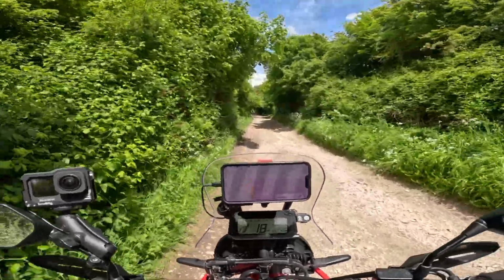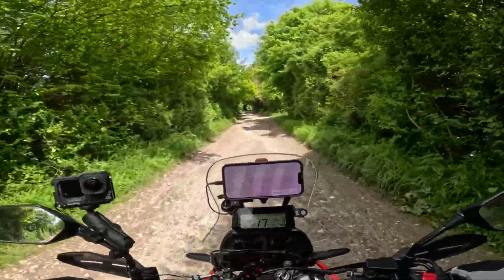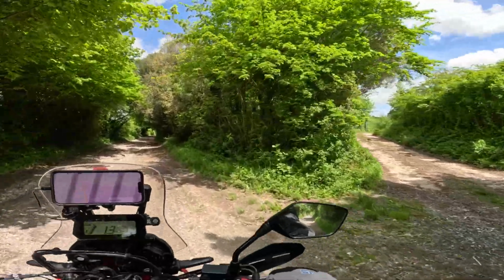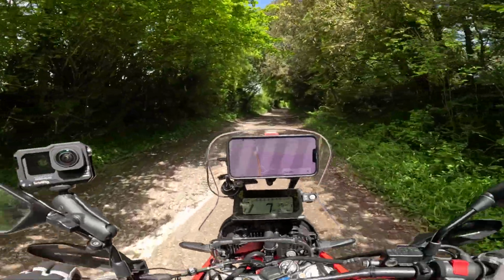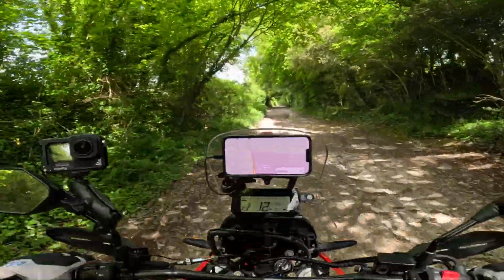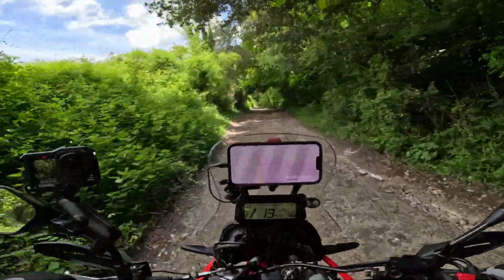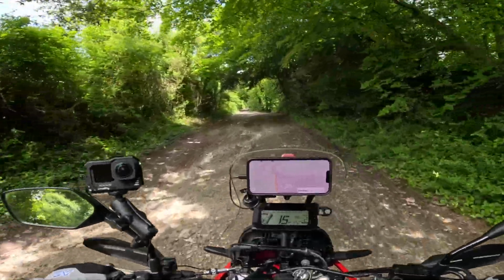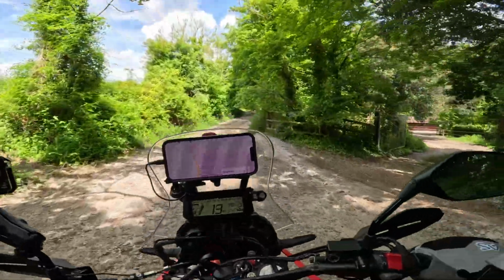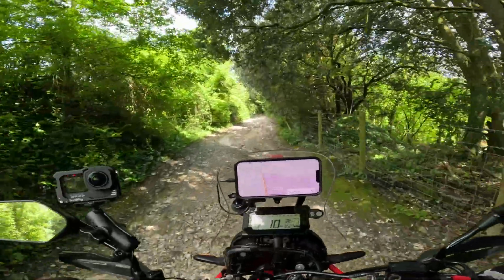But the more I ride this little rally, the more it exceeds my expectations. It really does. It's such a fantastic little machine, and at very little cost as well compared to other machines. When you think that three of these is the same price as a new Africa Twin or a new 1300 GS or GSA, bloody mad, isn't it? Three of these for one of those. I know it's not apples for apples, but